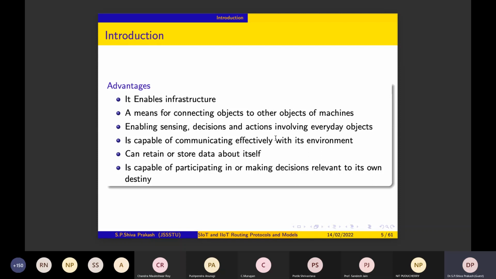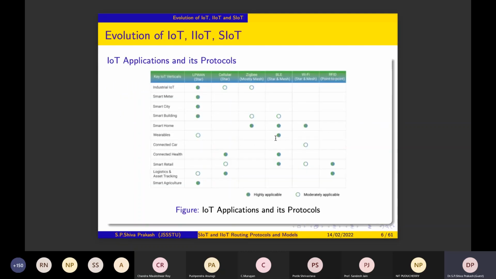And it is capable of participating or making decisions relevant to its own destiny. It means we try to use this particular point in a social Internet of Things, where we try to consider the social profile of a user. Okay. If you look into the set of protocols that will be used in an IoT by considering various applications,